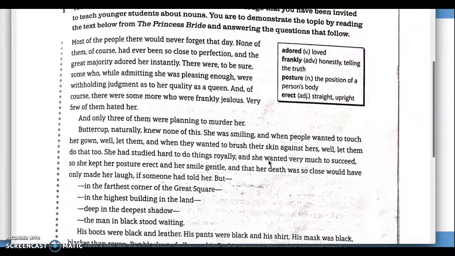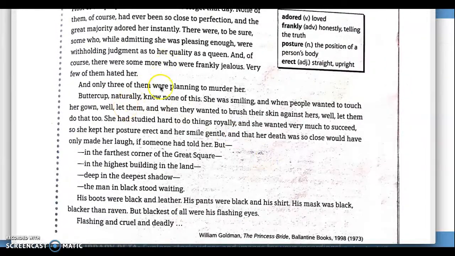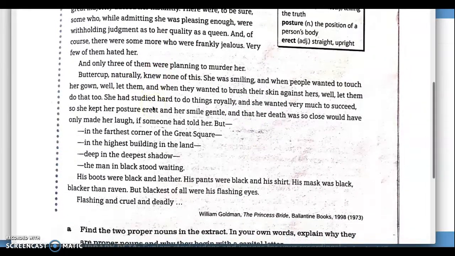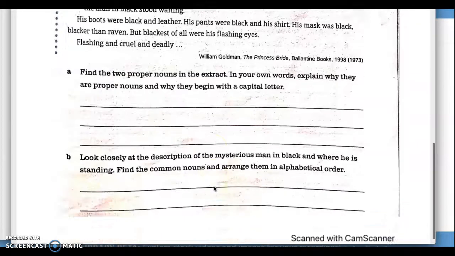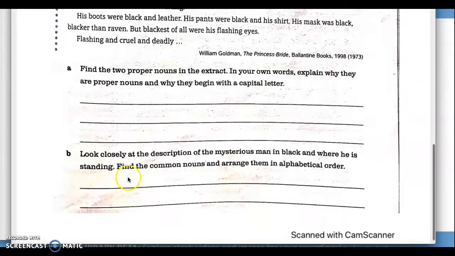So you will go back up to the text and you're going to need to look for the mysterious man in black. So I think it's down near the bottom here. So then in these next two lines, so the man in black stood waiting, his boots were, okay, so the next two lines, and you will find the answers for that. On the second page,